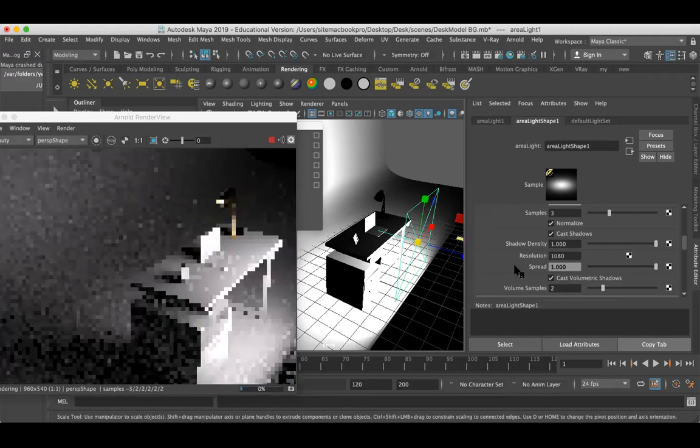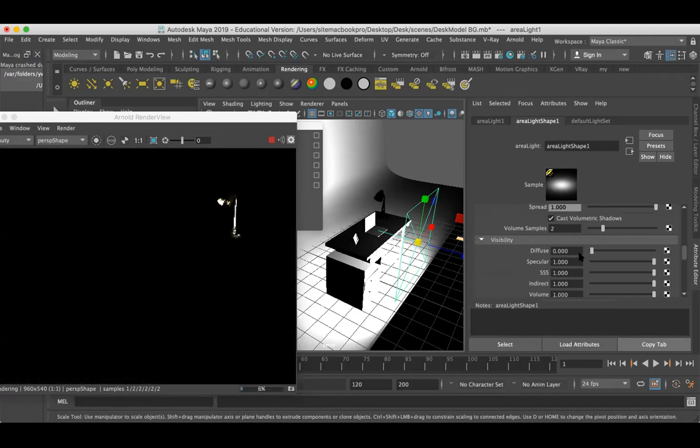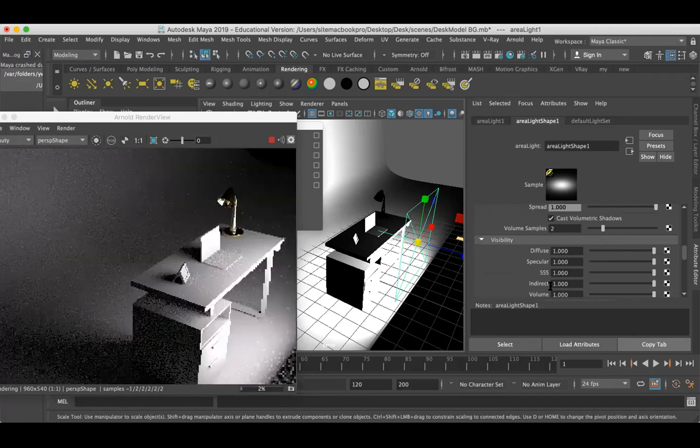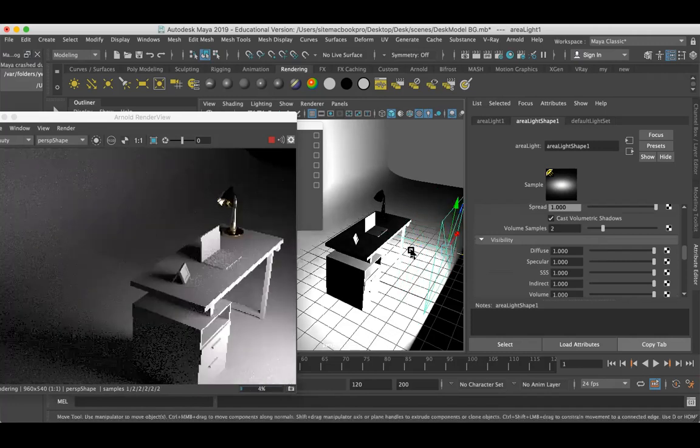We don't have any volume light here. Diffuse has the same visibility. In the visibility, if you reduce the diffuse, you won't see any color, you can only see the specularity. This is similar to the previous lights. This is what the properties and types of the light are, guys. This is just a basic class.